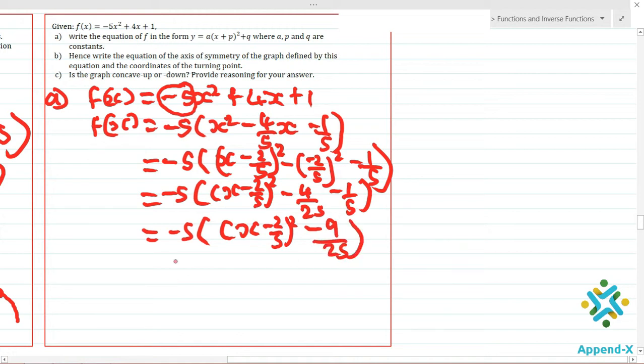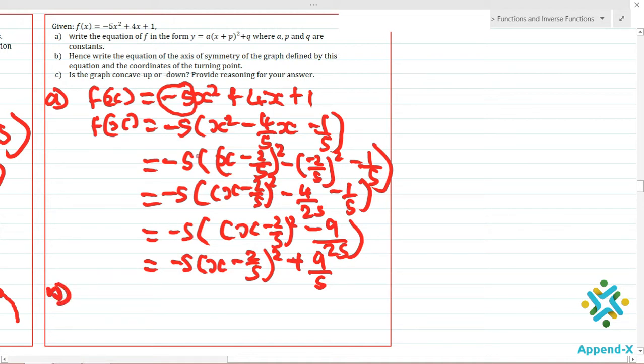Okay, now we are going to multiply through by negative 5, and this is equal to negative 5 x minus 2 over 5 all squared plus 9 over 5, since this is a negative 5. Okay,